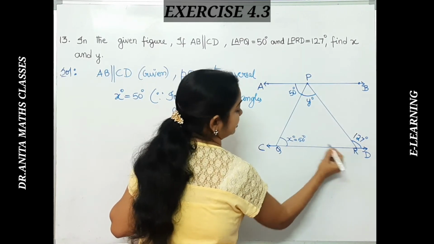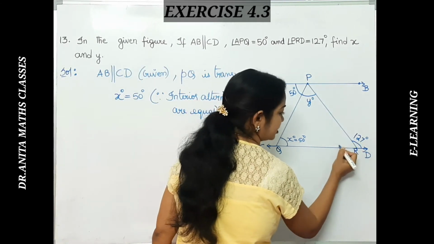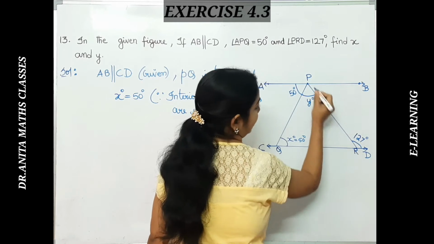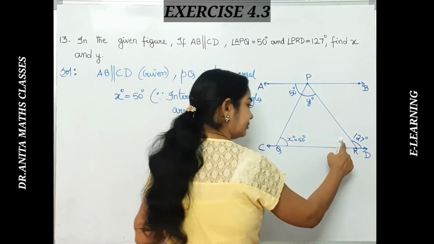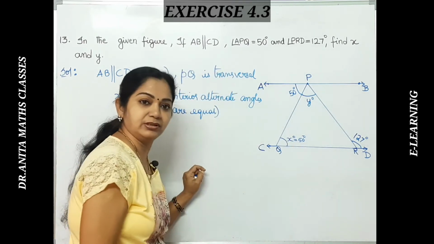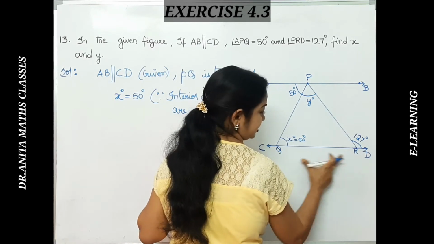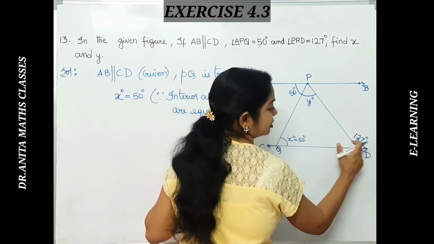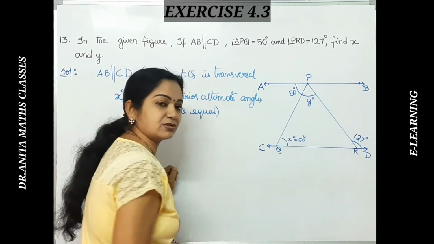Now see here, this line CD is a straight line. On a straight line, the angle is 180 degrees. So this angle is 127, so we can find this angle, that is angle PRQ. Likewise, find this angle. Then later on, with the sum of angles in a triangle, you can find Y, which is unknown. That is one way to find Y. The other way is that QR is one of the sides of the triangle. This is extended, so an exterior angle is formed. The exterior angle is equal to the sum of the interior opposite angles. Likewise, we can also find Y.